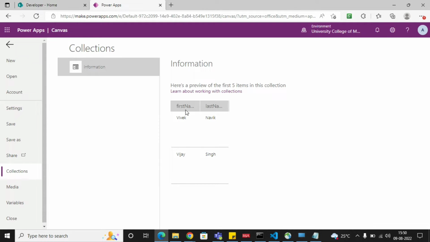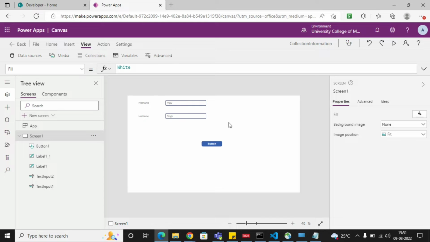This is how you can create your collection variable and insert values inside it. In fact, you can map the values inside it. Fine enough. Now let's say you have maintained your collection and you want to display it. So in order to display your collection,